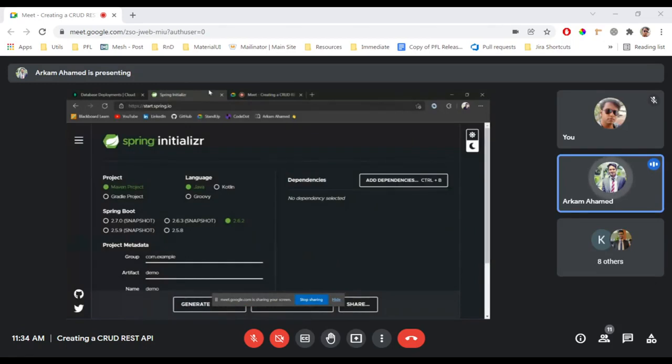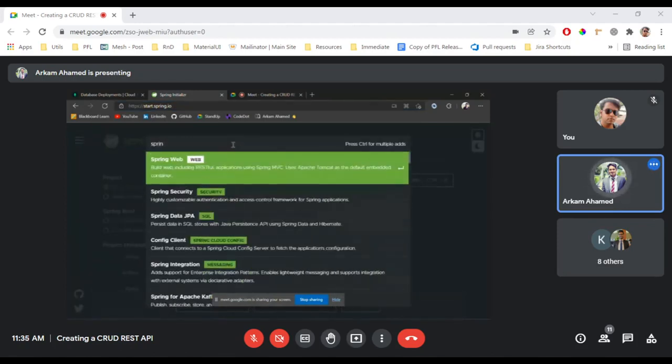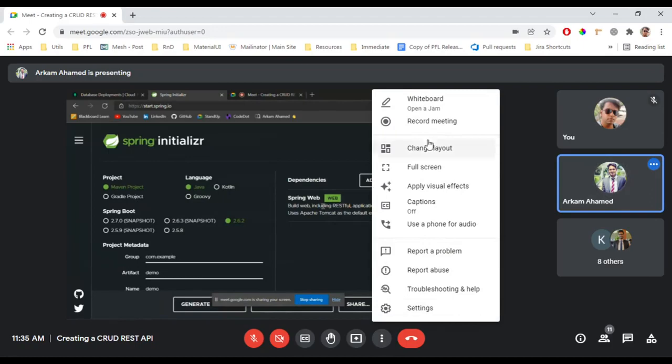So in order to create a Spring Boot app, we need to go to the official website of Spring, and then we need to add some dependencies. So let me do that. I'll add Spring Web. What this does is it will pull all the dependencies needed for web development,